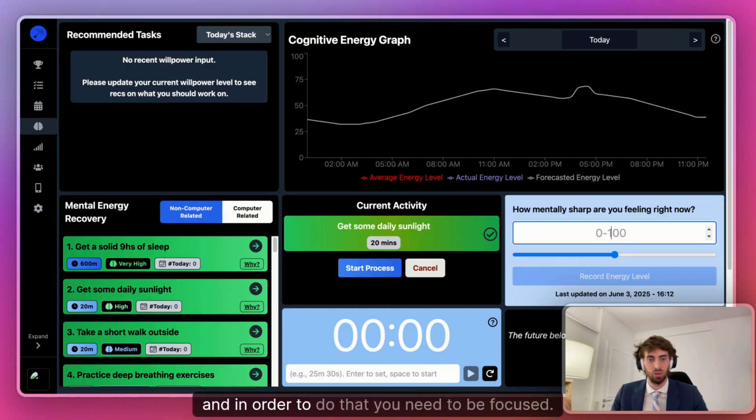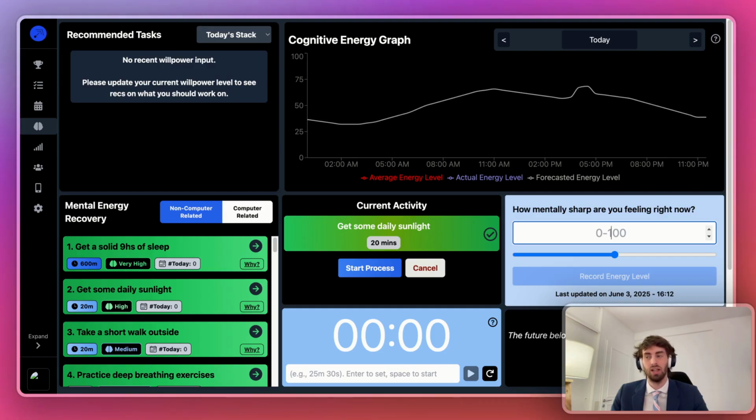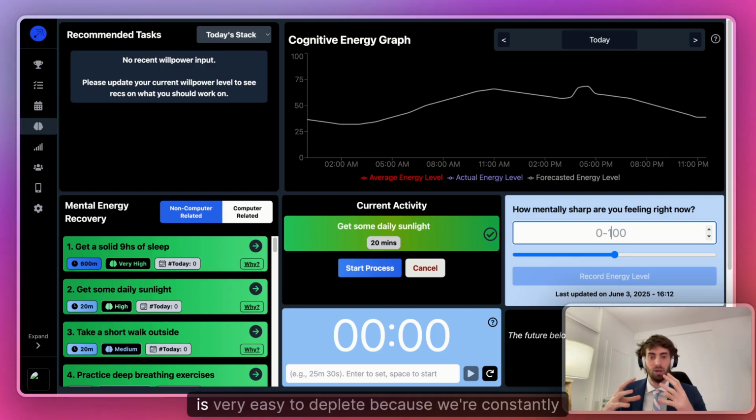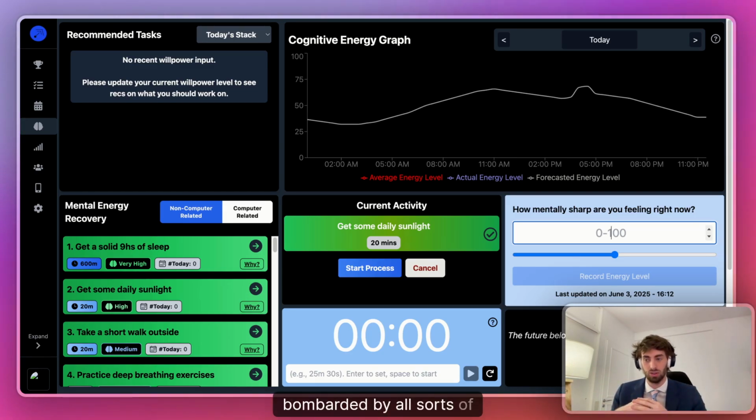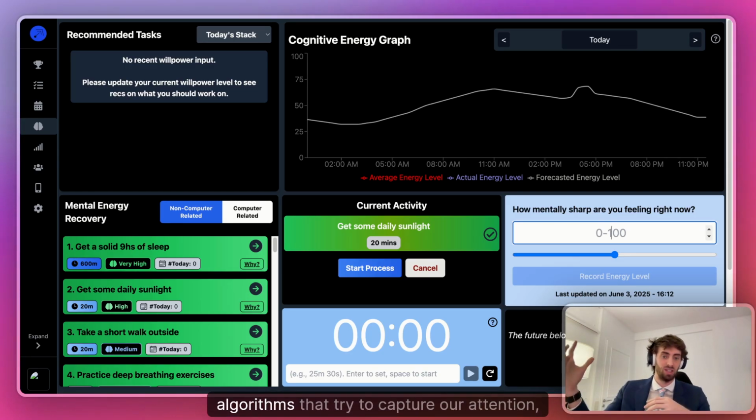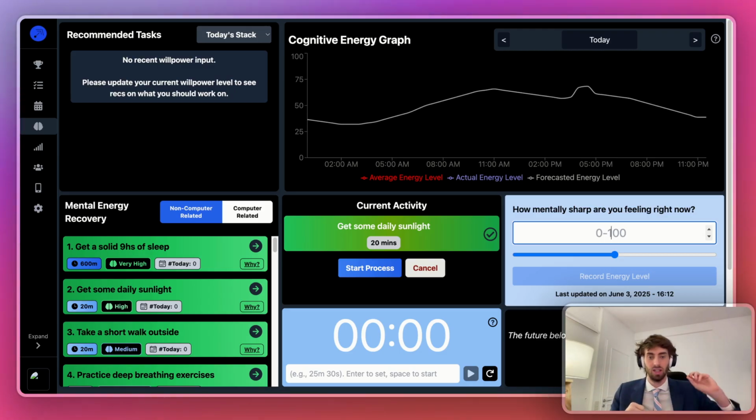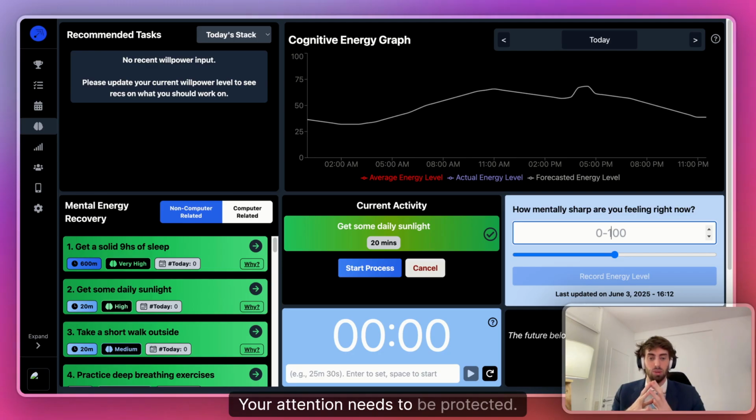And in order to do that, you need to be focused. Now, focus is a variable that is very easy to deplete because we're constantly bombarded by all sorts of algorithms that try to capture our attention, family issues and so on. So your attention needs to be protected.